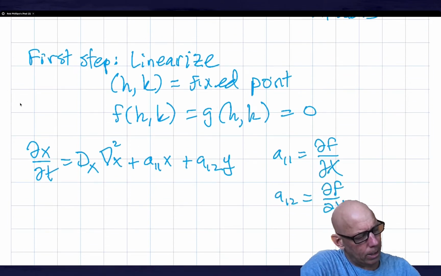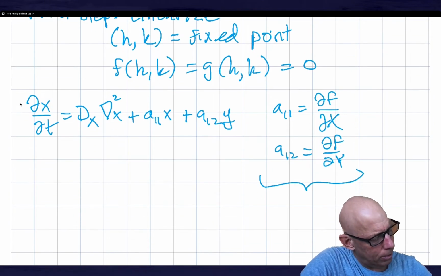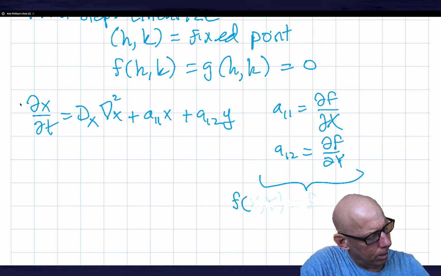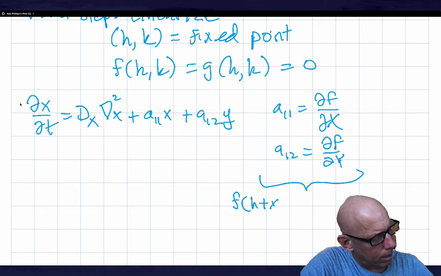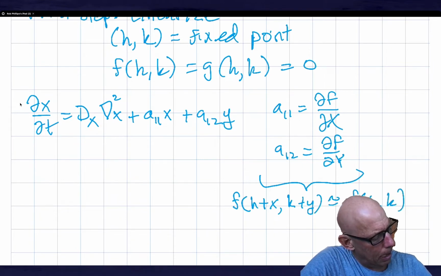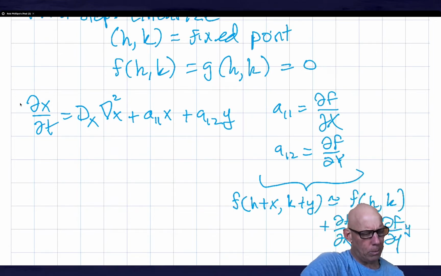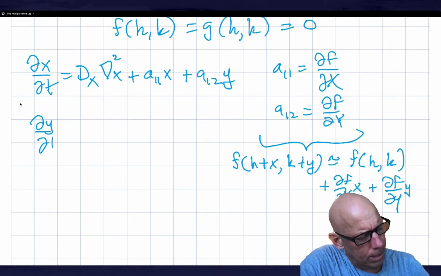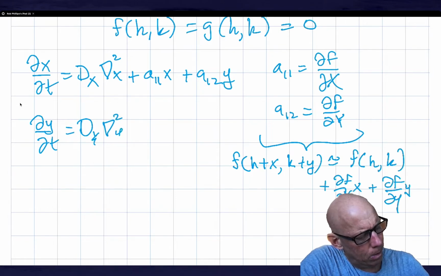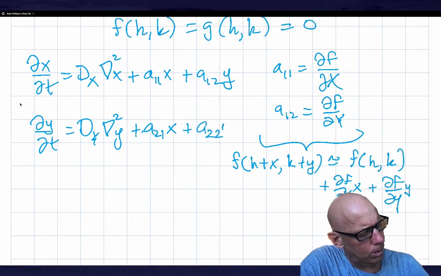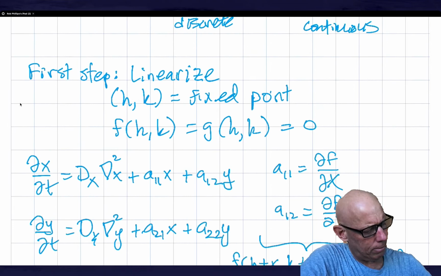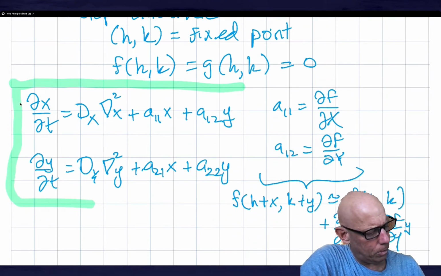In other words, what I'm doing is these bits correspond to f of x comma y being approximately equal to, let's be a little bit more careful here. What I'm saying is f of h plus x and k plus little y is approximately equal to f of h comma k, and then plus df by d big X times x plus df by dy times little y. That's what I mean by my linearization. So that's what I've done. And so similarly, I have dy by dt is equal to d d squared y plus a21 x plus a22 little y. So these are our linearized partial differential equations